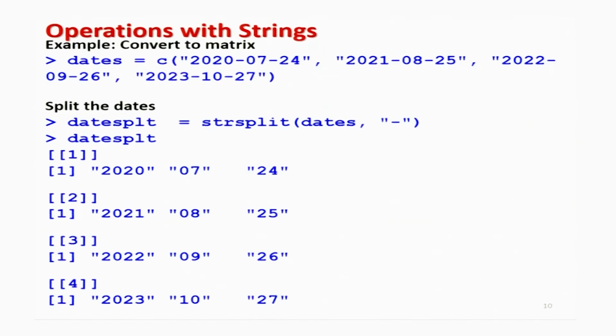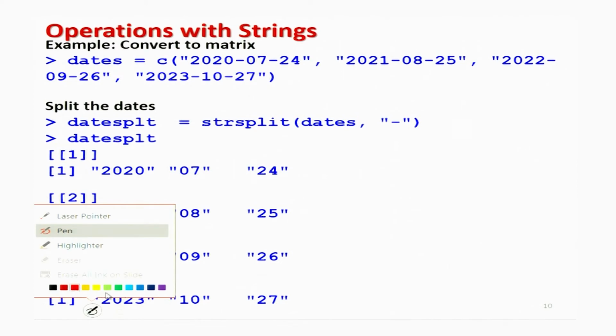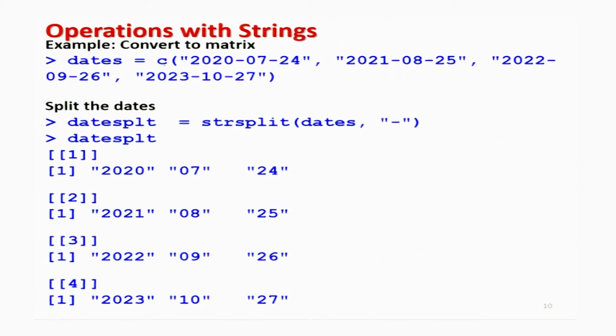So now we come back to our slides, and now I give you one more example, and this example is very interesting, where you will see that I will split some dates into a matrix. This looks very strange. How can you convert some dates to a matrix? So what I want here is that I have these 4 dates,